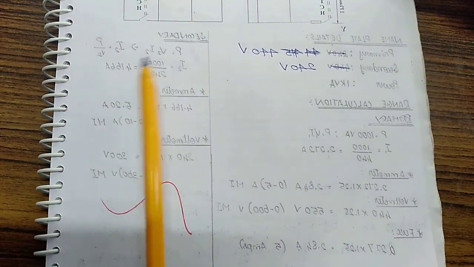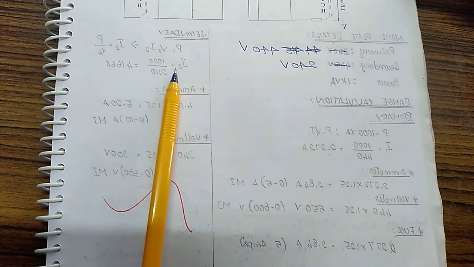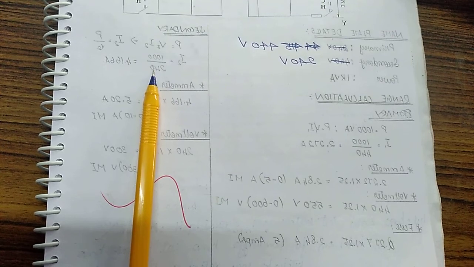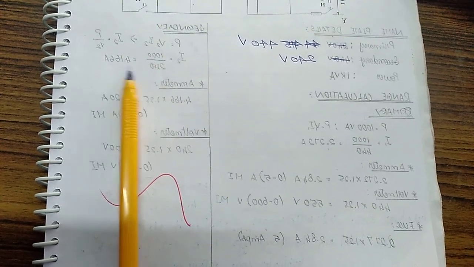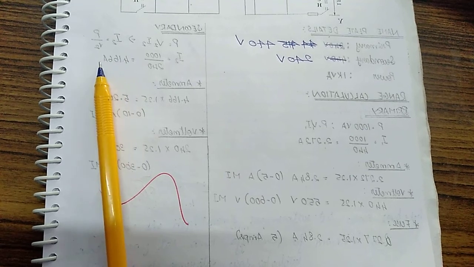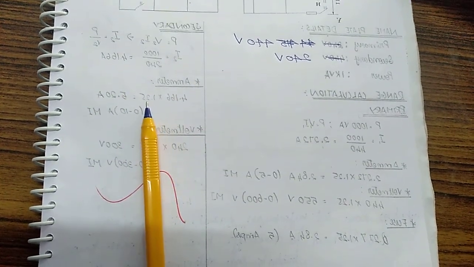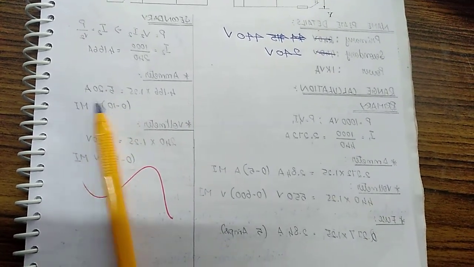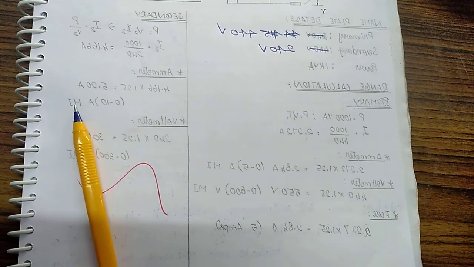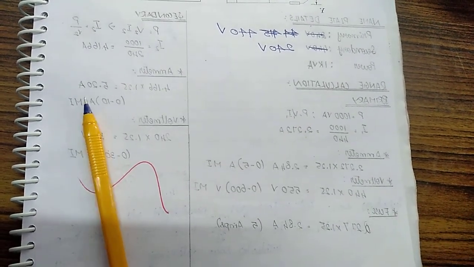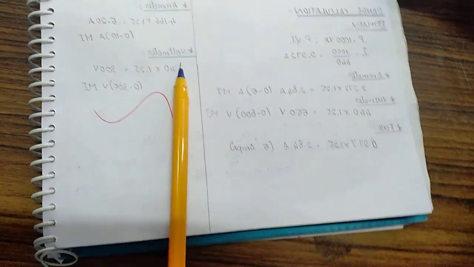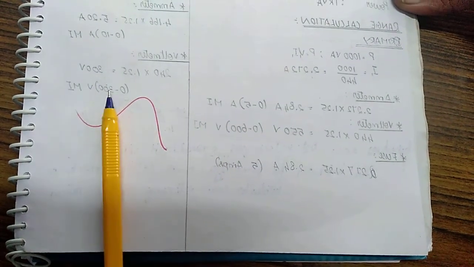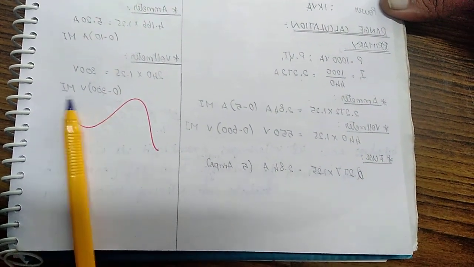On the secondary side, you have the same power and the voltage is now 240. Power divided by voltage gives the current, 4.166 amps. 4.166 multiplied by 1.25 gives 5.2 amps. Nearer to this value is 0 to 10 amps, an MI meter used for the secondary side. Then the voltmeter: 240 into 1.25 gives 300. So you have to use a 0 to 300 volt MI instrument.